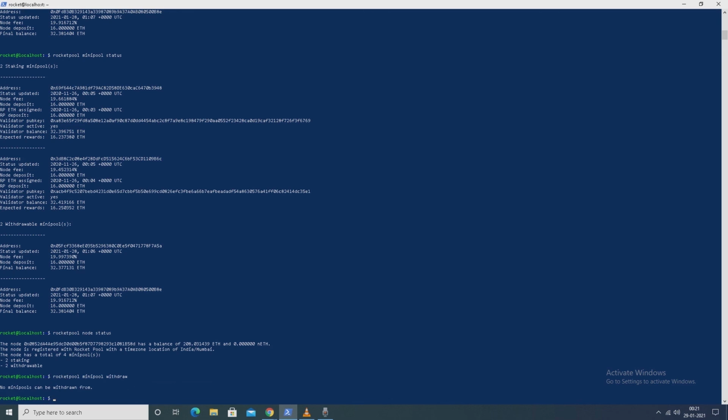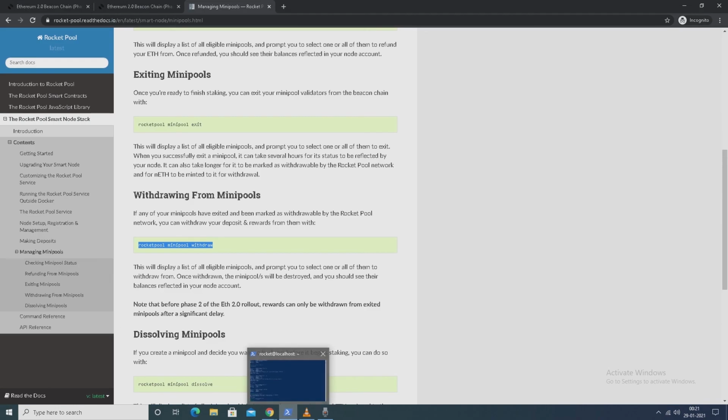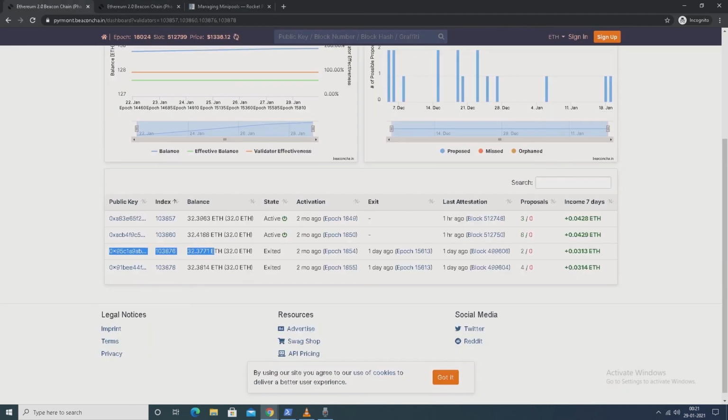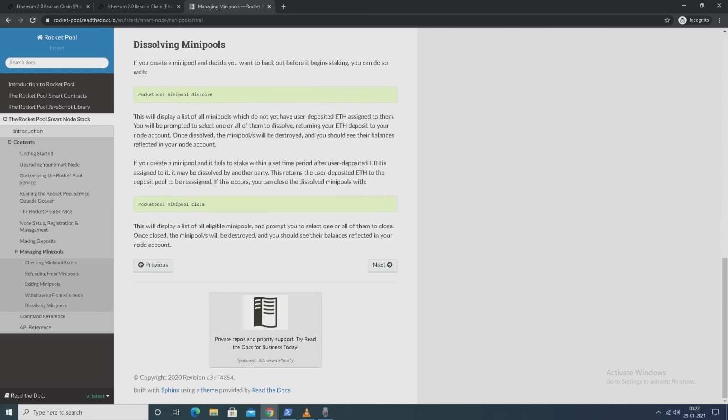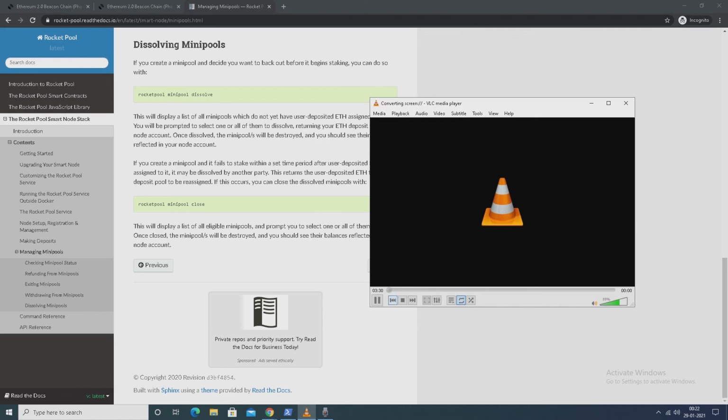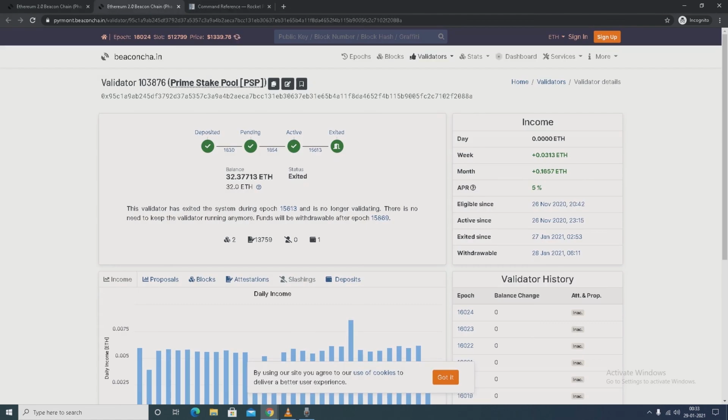That's why it's not withdrawable. The withdraw command is not working right now. They are trying to fix it.